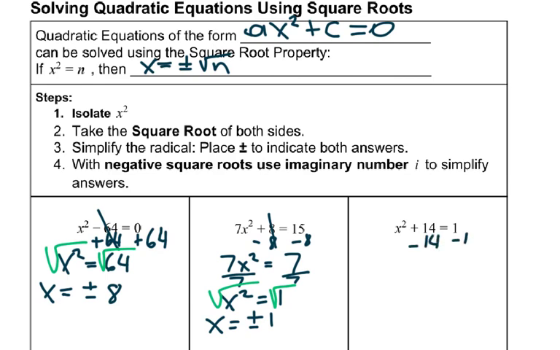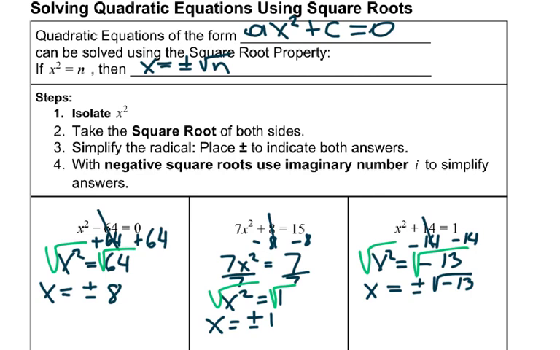Alright, let's look at the third example. Subtracting 14 from both sides, I get x squared is equal to negative 13. Take the square root of both sides. And here I don't have x squared anymore. I have positive and negative, and I have a problem because now I'm taking the square root of a negative number,